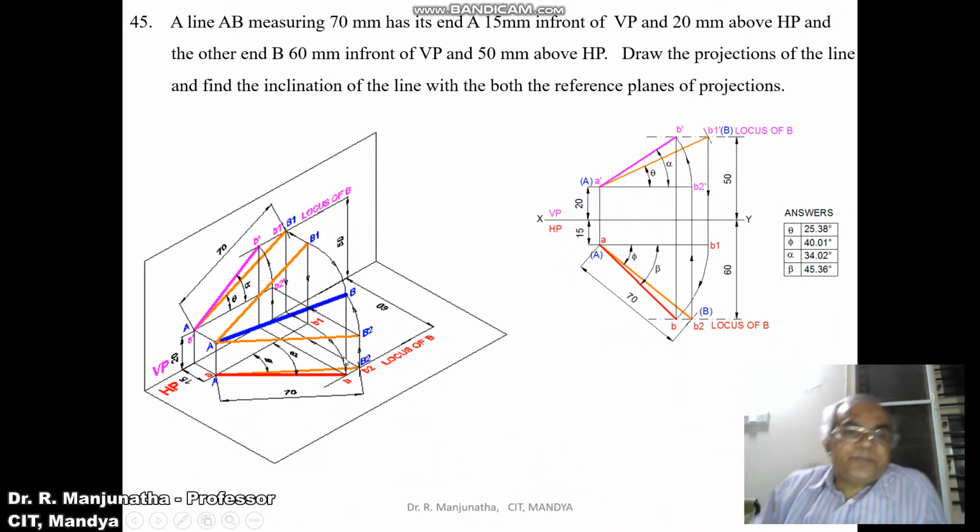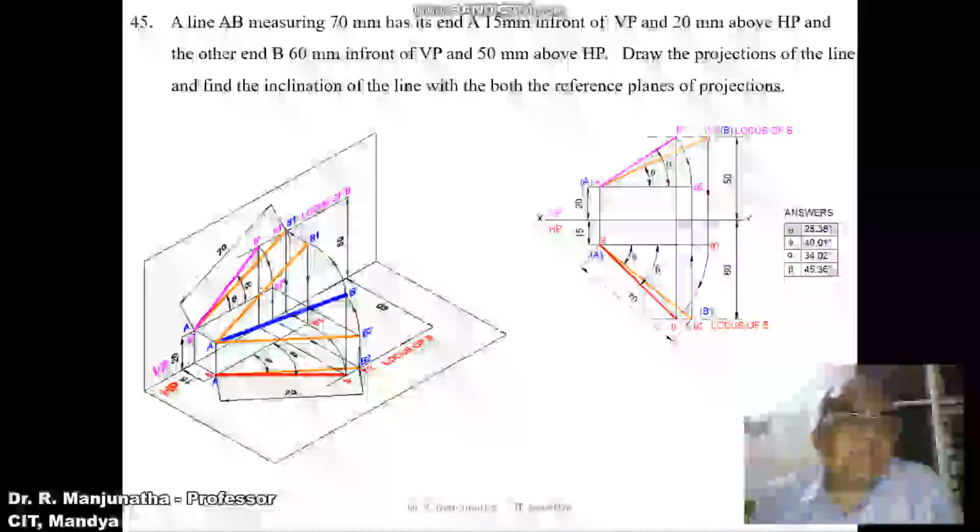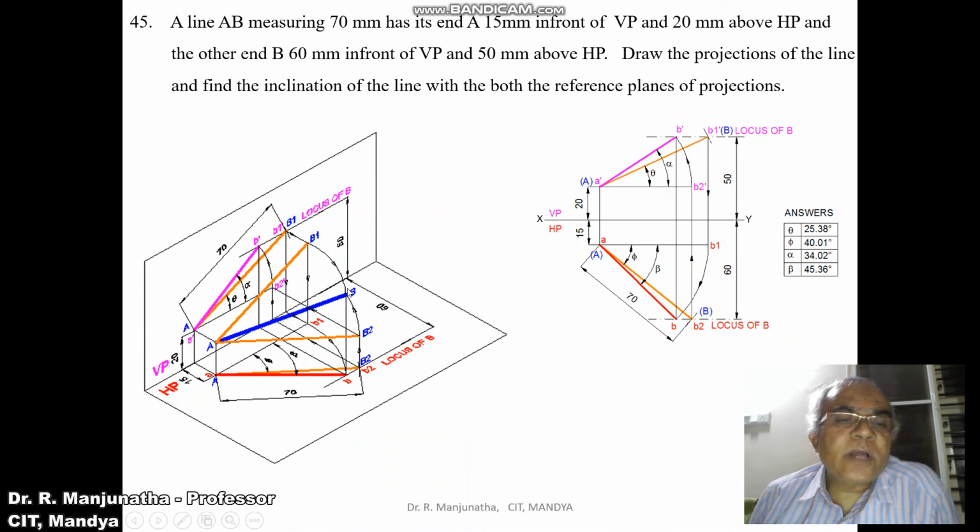Similarly, when we want to find the front view, with A as center, by taking the radius of AB2, you rotate it such that the point B will be above HP by 50 mm. While doing so, initially the point B is at a height of 20 mm above HP. So we rotate it such that the B2 dash is above HP by 50 mm. So it will move from 20 to 50 such that when it is projected, it will cut the locus of B in the front view here. So this is the image you will get in the front view, A dash B dash.